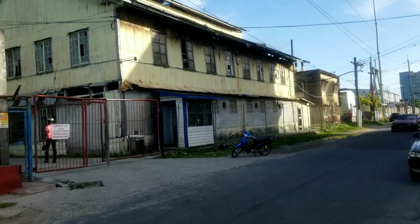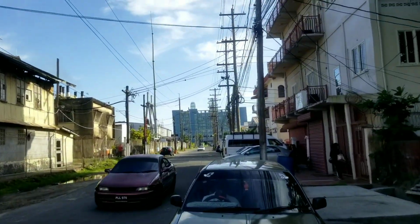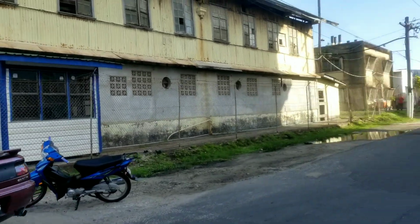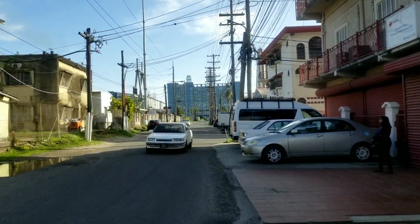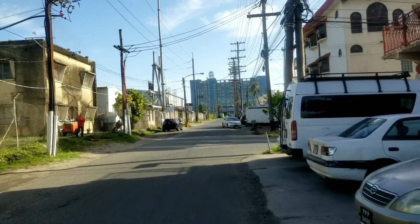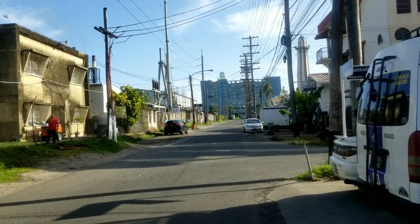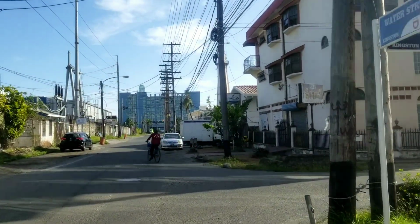But this is it, guys. This is what's happening here. Power and Lighting Authority on the left, that is against the river, and right up ahead, that's the Marriott Hotel. And the whole point about this video and the last sequence or series of videos is to show you that we don't have access to the river, and there has to be part of the